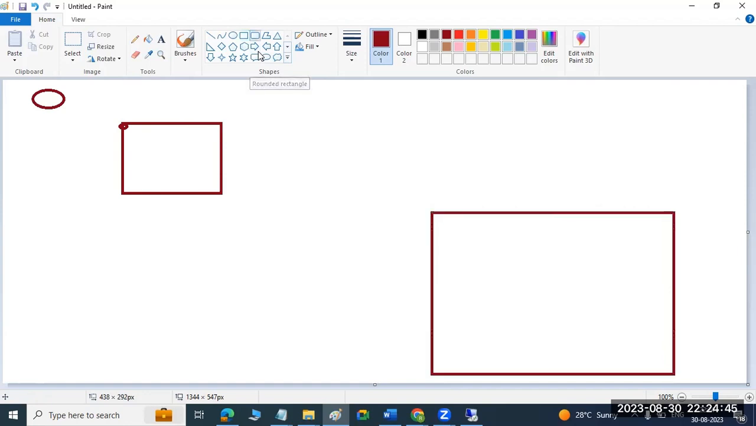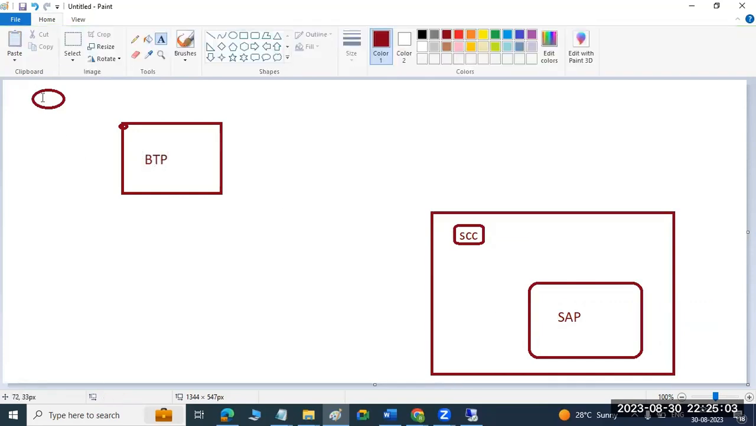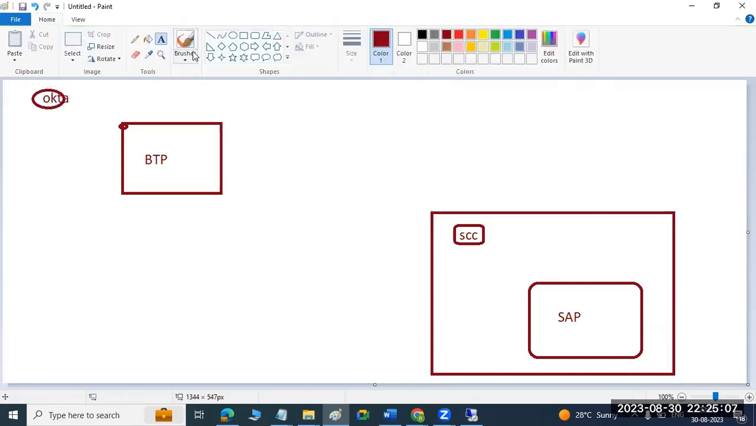So in this case, what can you do here? In this case, this is the ECC, this is your SAP system here, right? Then this is your BTP subaccount level. And this is your Okta, right? The Okta homepage. Why? Because all users, suppose you are using the Okta identity provider for the user authentication purpose